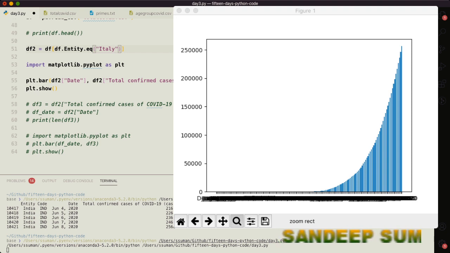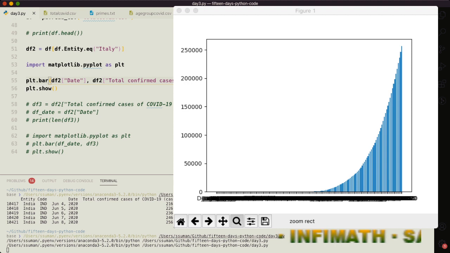Let's check. You can see Italy, and let's make the color equal to green. Let's see whether we are getting the data of Italy or not.